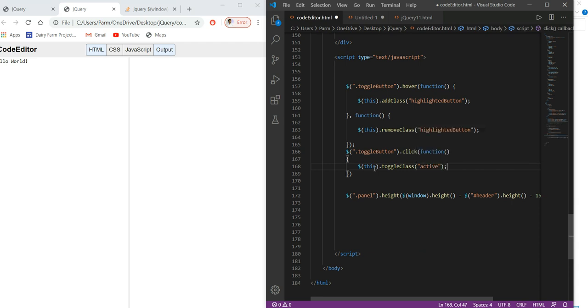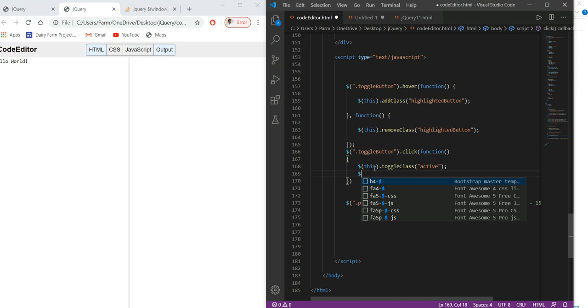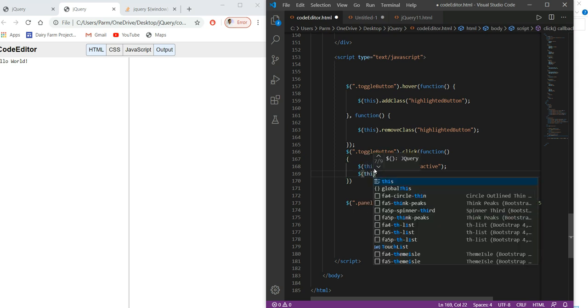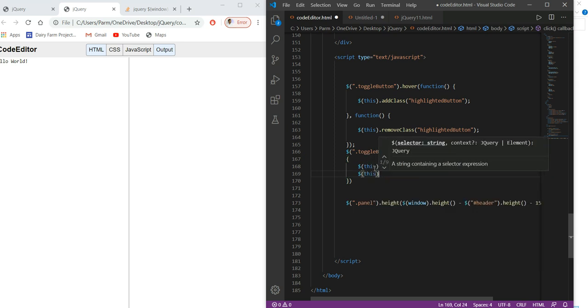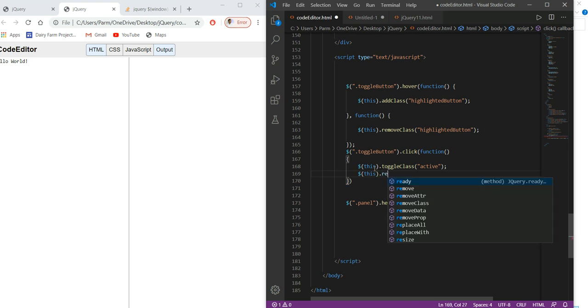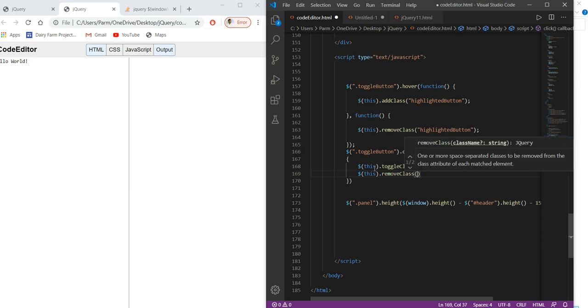And if this is active, then we have to remove the highlight class. So again we do this, and here we write this dot remove class, highlighted button.